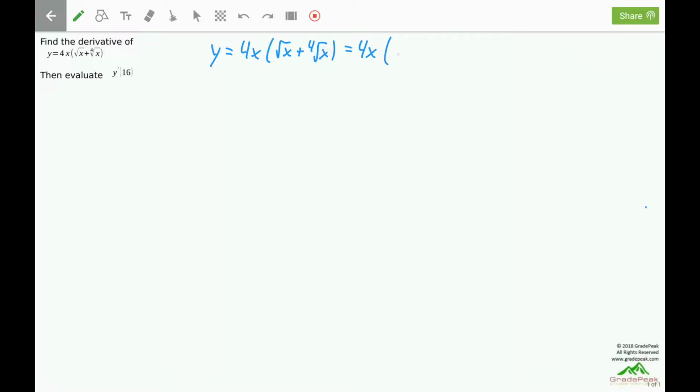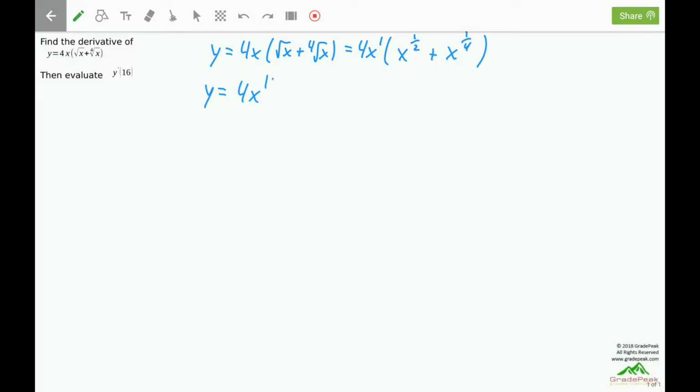4x times the x to the 1/2, the square root being the 1/2 power, plus the fourth root of x, which is x to the 1/4. Now the x that's going to distribute in is x to the 1, and when we multiply like bases with different exponents, you add the exponents. When I distribute that 4x to the 1 in, it will give me